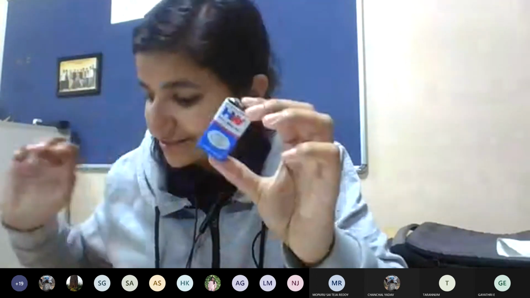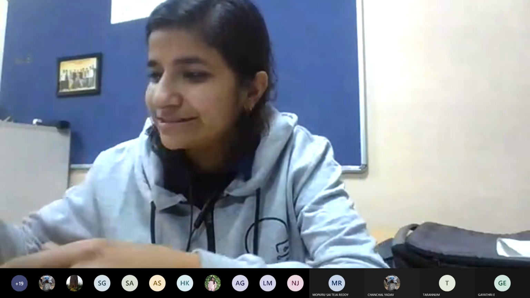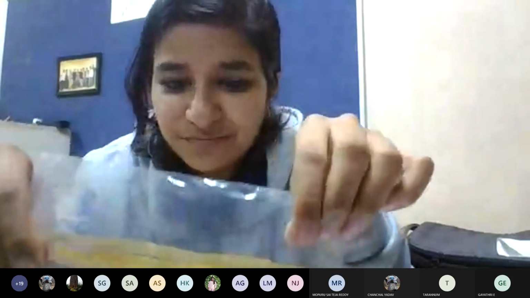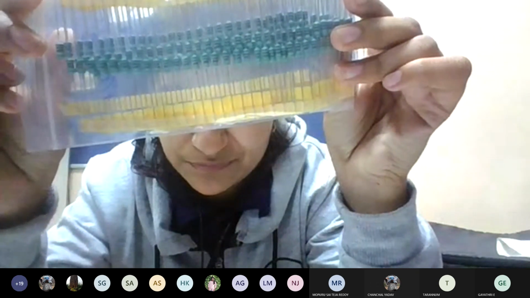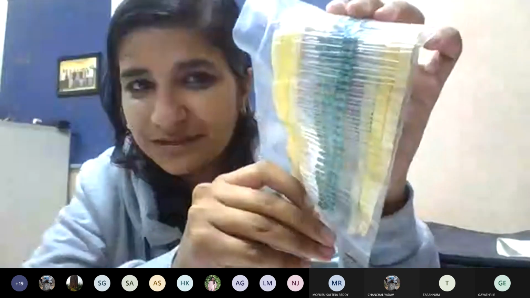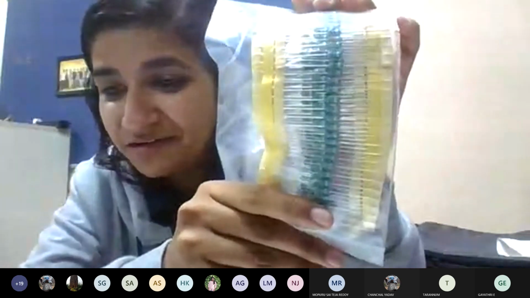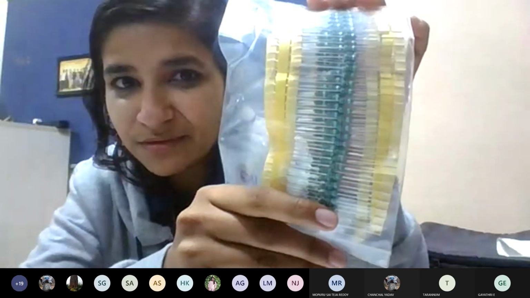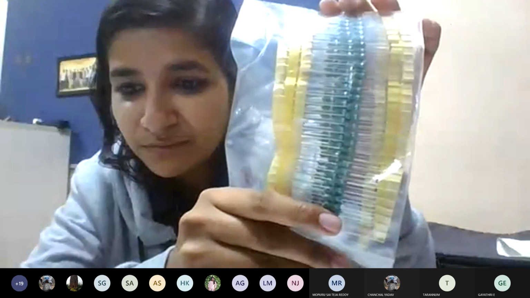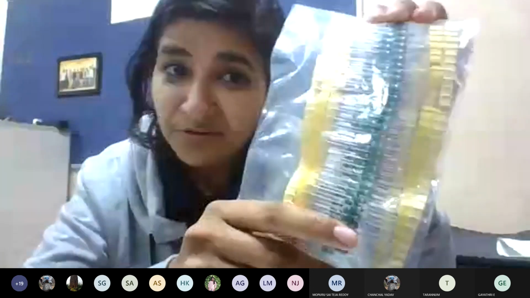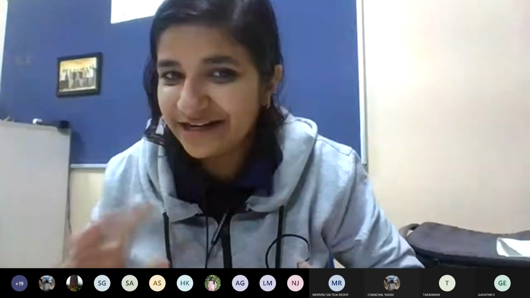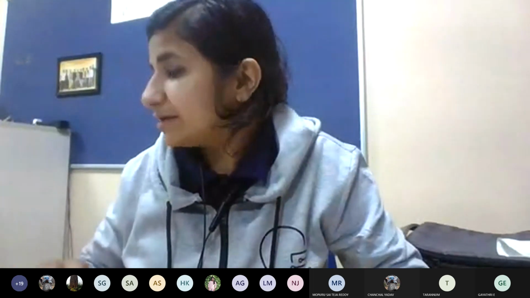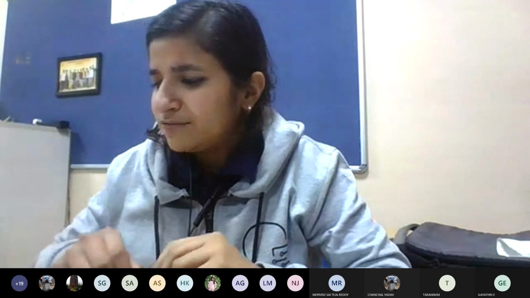Okay, so this is our battery, and just give me a guess. What is this? This thing. What do you think this is? Is it a resistor or inductor? Okay, yes, this is inductor. Many of the guys are confused between inductor and resistor because both of them look the same, and we have many